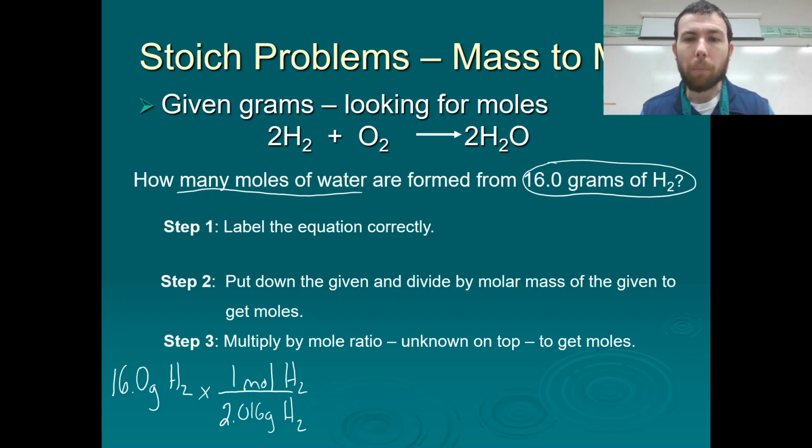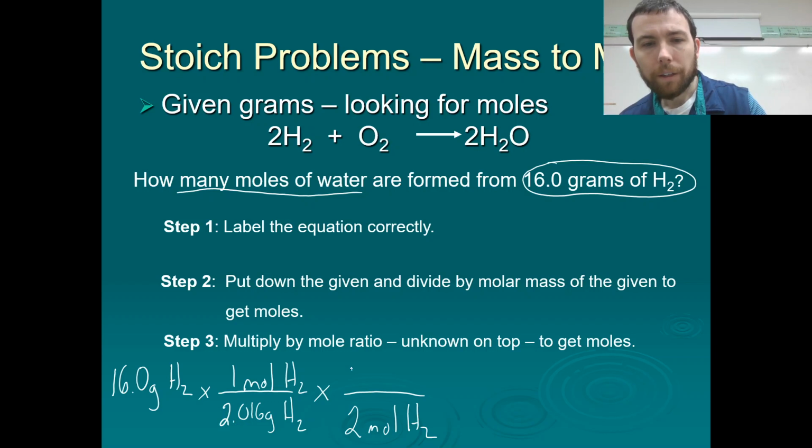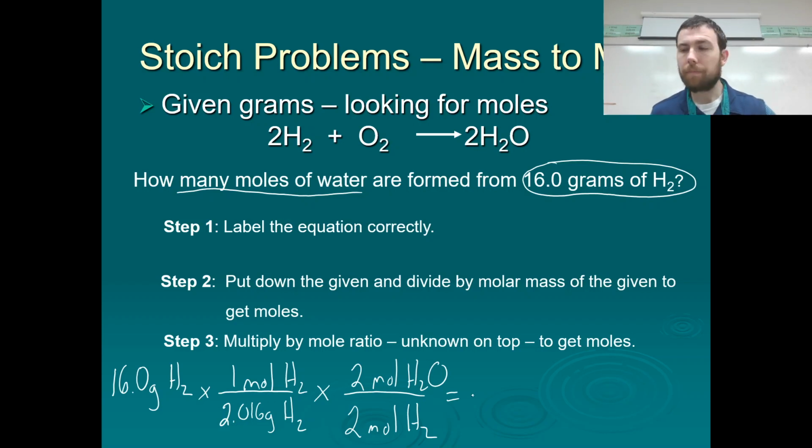And because we want moles of water, we just need to use the mole ratio now in order to get to moles of water. So what we see is that for every 2 moles of hydrogen, it produces 2 moles of water. And then we're done, right? So we've got 16 times 2 divided by 2.016 times 2. And so we've got that 16 grams of hydrogen is going to produce